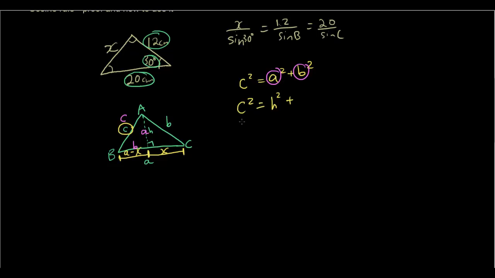So we can use the Pythagoras theorem, substitute the values in. So we have h squared plus bracket a minus x squared. Okay, so we have written a definition for c squared,